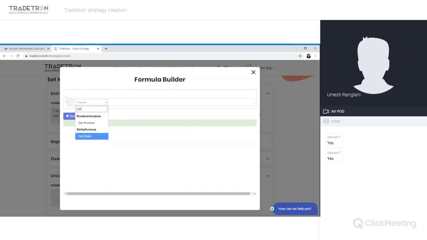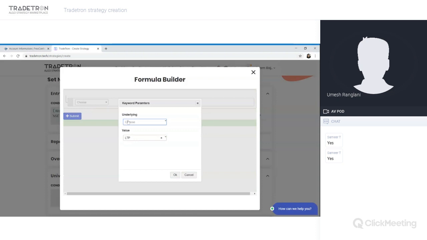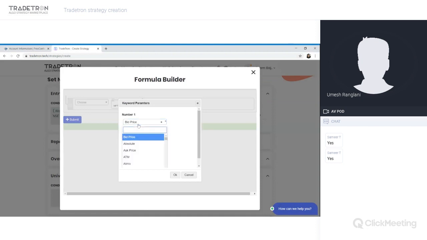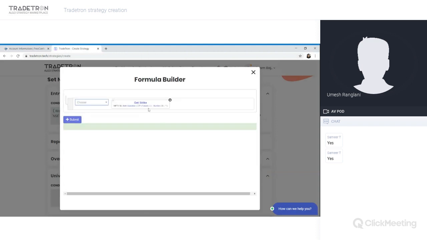So you can use get strike keyword. Again, my underlying will be same as Nifty 50. And here I'll put a math operation. So this get strike keyword particularly gives you nearest strike near to the number defined or calculated here in math operation. So this math operation will have LTP and a number and multiplication of that. LTP, I'll take off futures of Nifty